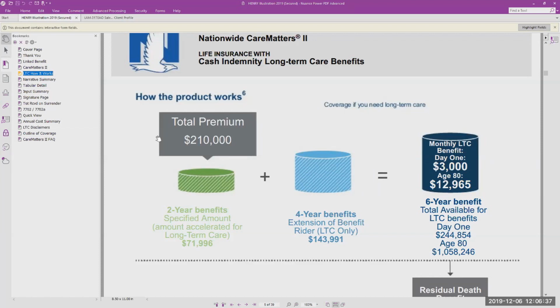this happening, but it could help explain the way that we're getting this much leverage out of the policy. So your client will accelerate down that first pool, they'll accelerate down that second pool, and what they will actually see though is if age 80 is when they take it, they'll just see a seamless stream of